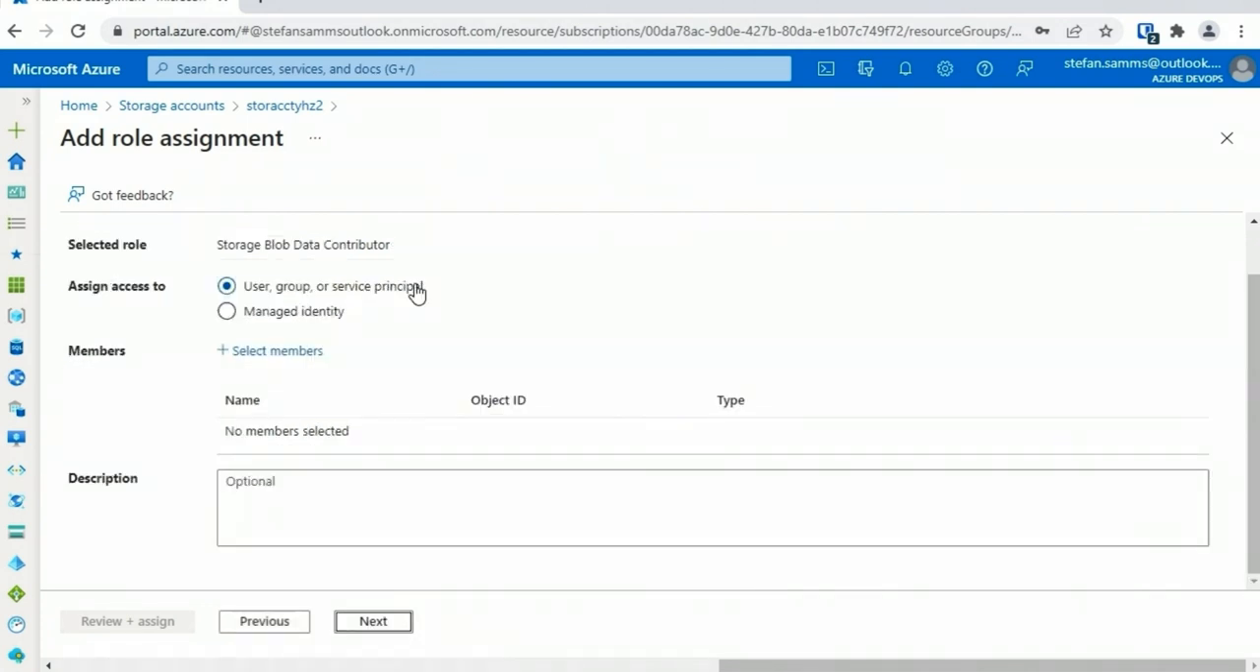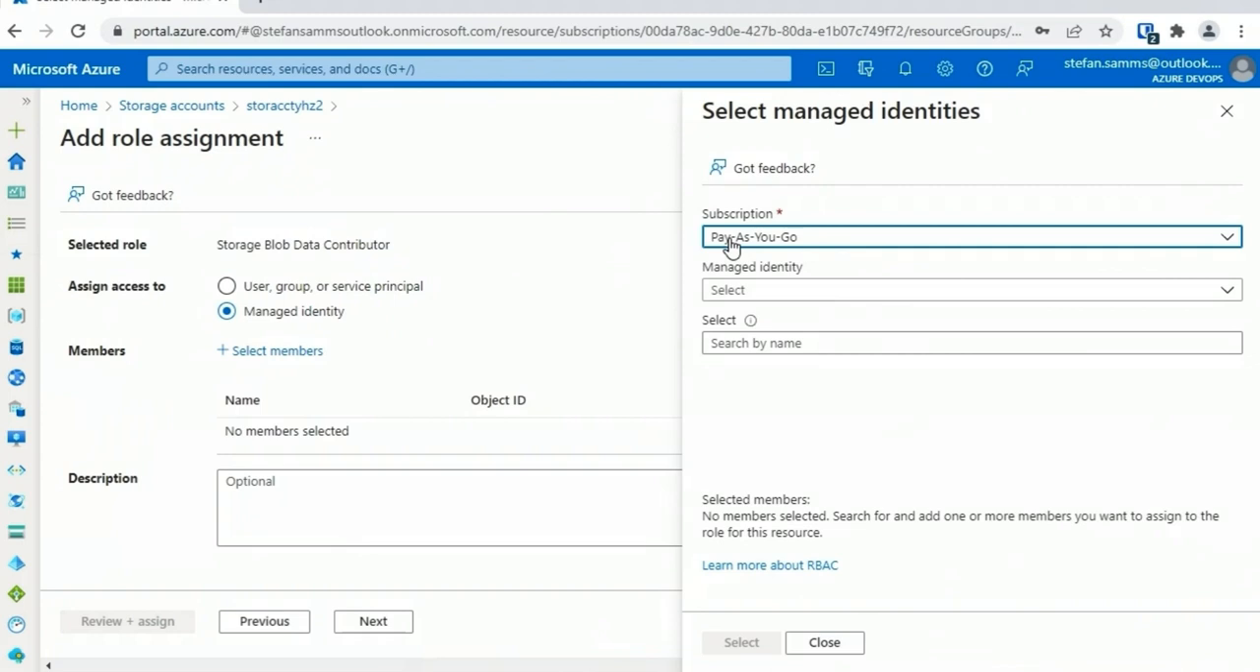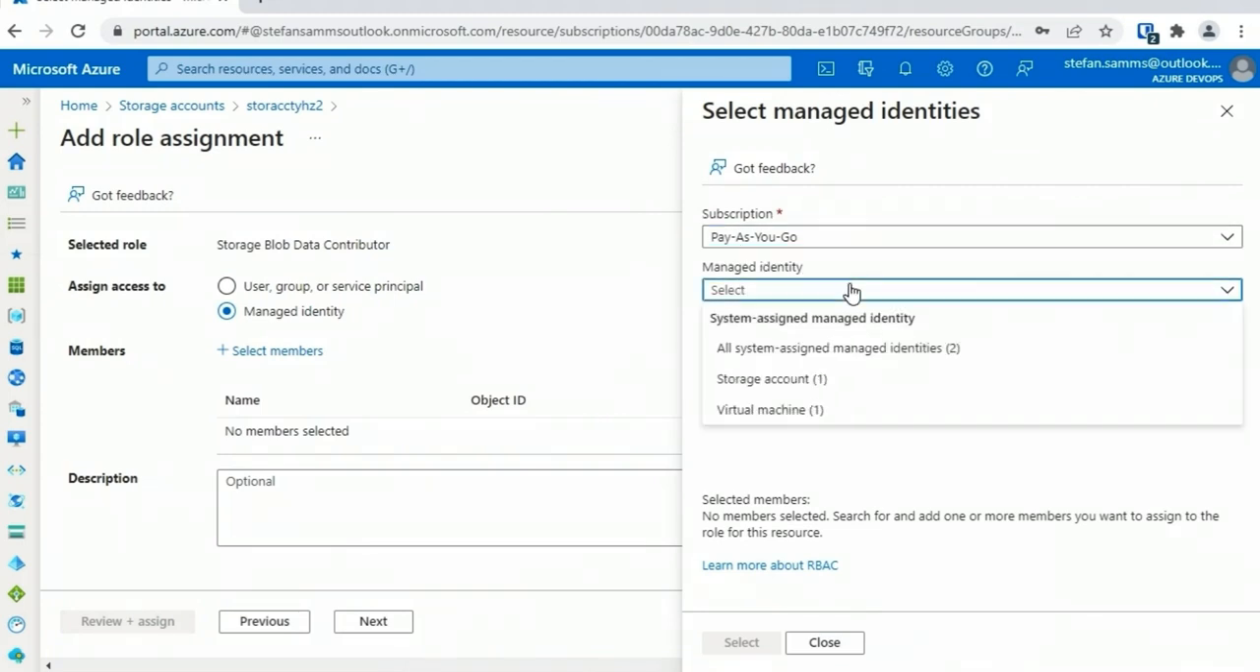So we can assign this role to a user, group, or service principal in Azure AD. The service principal results from registering an app in Azure AD. That's not what we did. Instead, we're going to choose managed identity, then we're going to click select members. So for our pay-as-you-go subscription, under the managed identity drop-down list, I'm going to click on it. So this is a little summary saying that you have a total of 2 system-assigned managed identities,